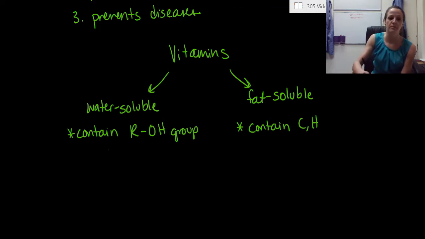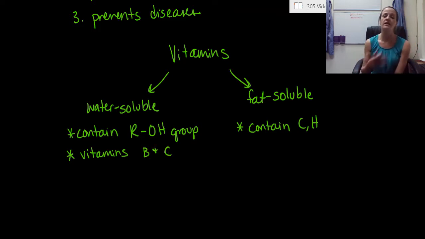Now, why do we separate these? Well, if something is water-soluble, it means you can drink a lot of it. You can intake a lot of it. So our vitamins B and C are definitely water-soluble vitamins. Anytime you're sick, well, not anytime, but at least in my family, anytime you're sick, my mom's always like, eat your vitamin C, take vitamin C. And it's just because it boosts your immune system.